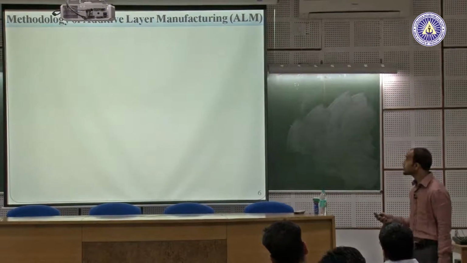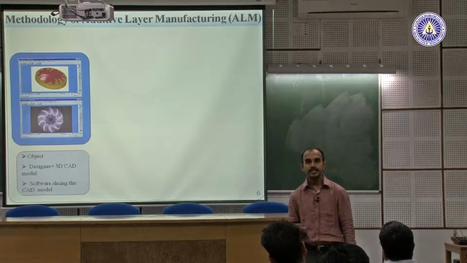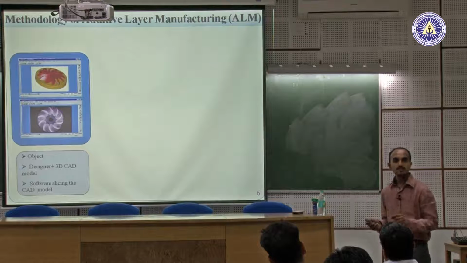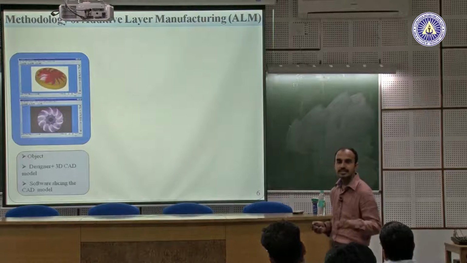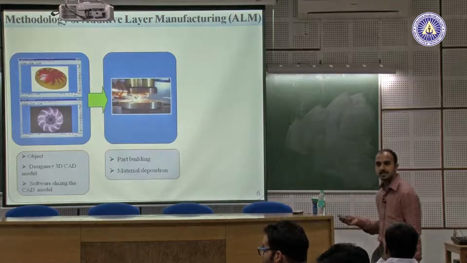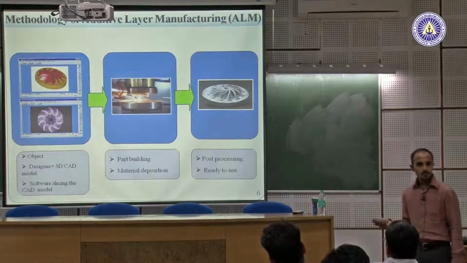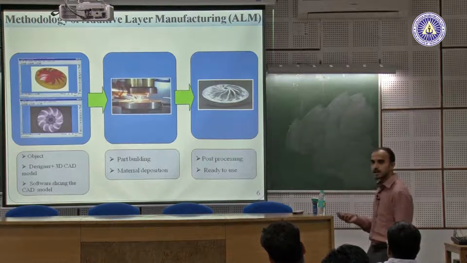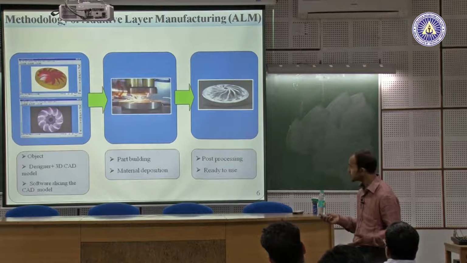Now we will see the methodology behind additive layer manufacturing. First, a 3D file is created that defines which component is to be built. Further, the system software slices that 3D CAD file into a number of horizontal layers and creates the tool path for each layer. Further, the beam follows the tool path and creates the build. Sometimes we require post processing for the build, and generally additive layer manufacturing is performed in a very low oxygen environment to reduce defects.